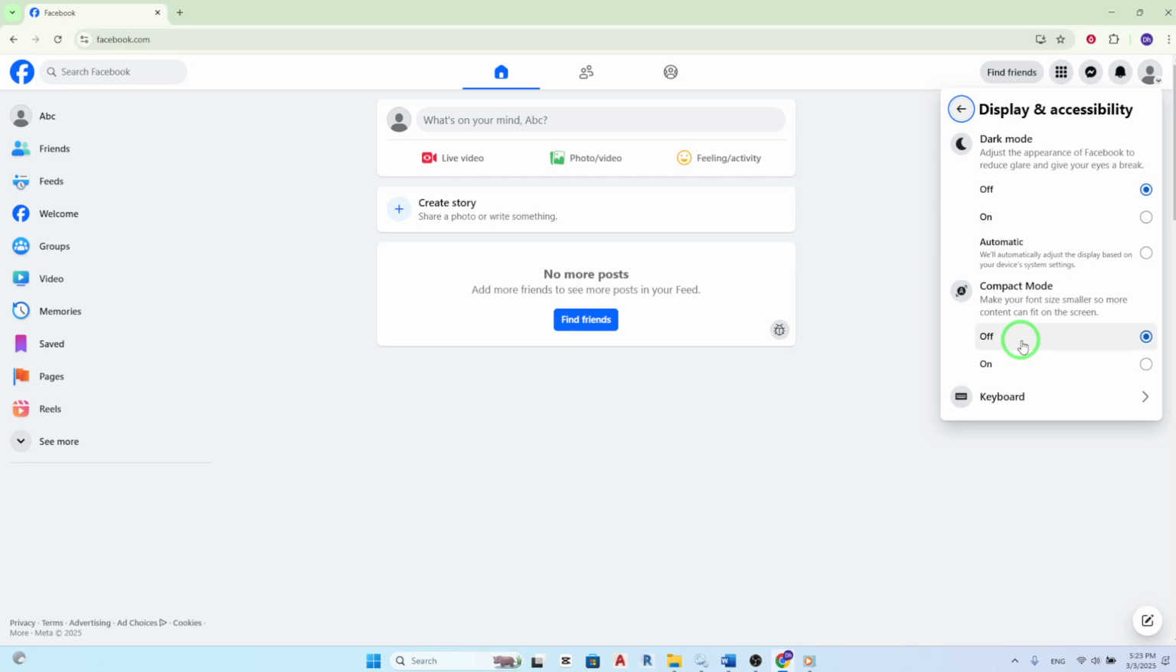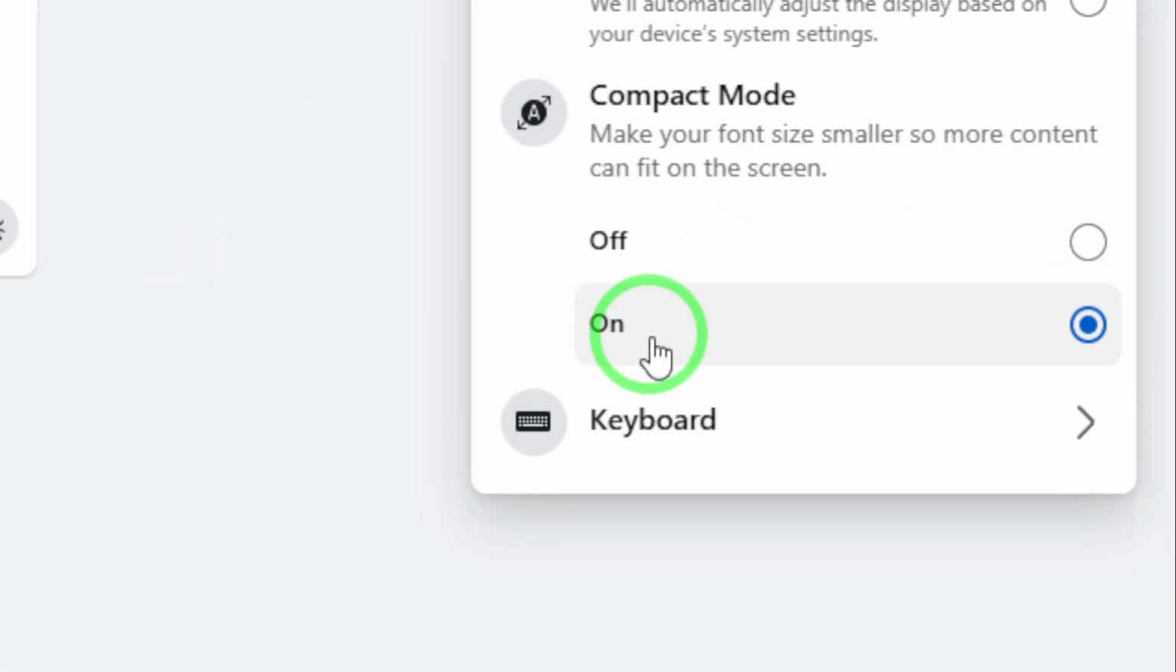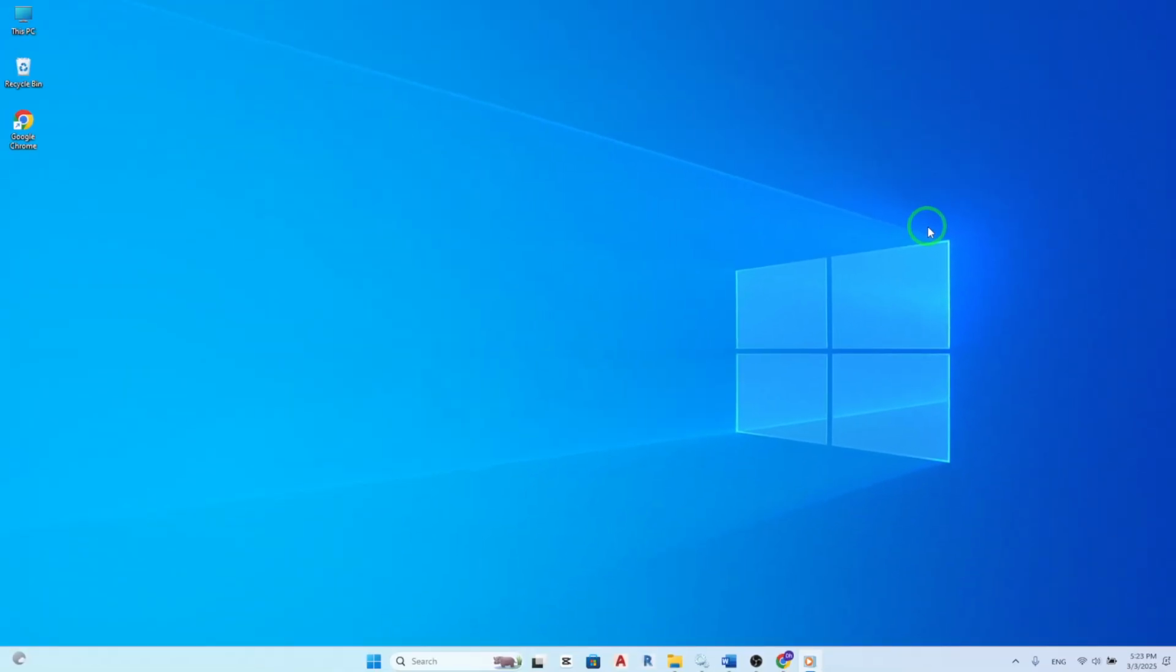Now, scroll down to find the Compact Mode setting. Under this option, you'll see a toggle or switch. Click it to turn Compact Mode on. And that's it. You've successfully enabled Compact Mode on Facebook. Your interface will now appear more condensed, allowing you to view more content at once without unnecessary clutter. Enjoy your optimized browsing